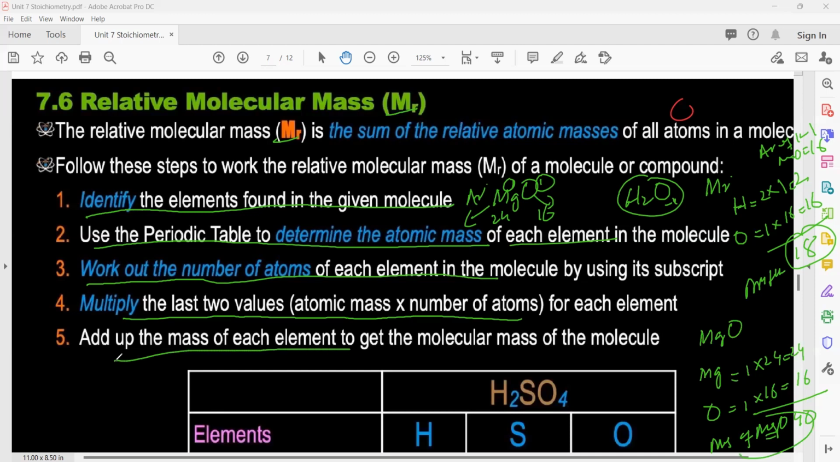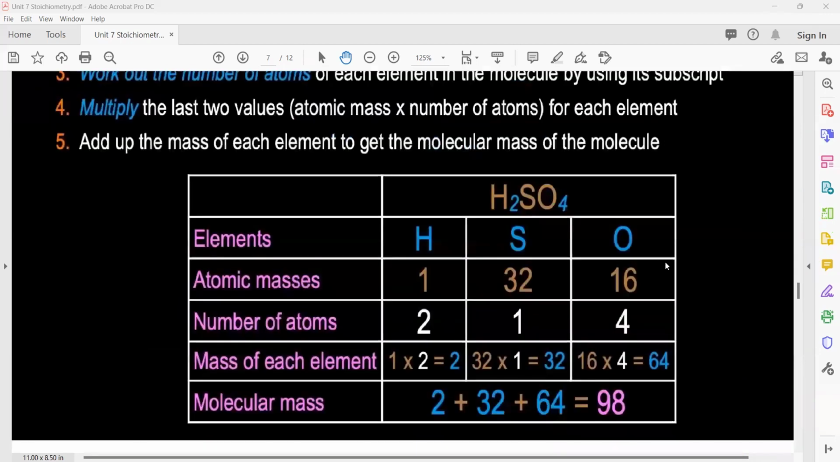So add up the mass of each element to get the molecular mass. So this is really easy. You only have to multiply them. You can see here they have solved this one. For example, they have given the formula